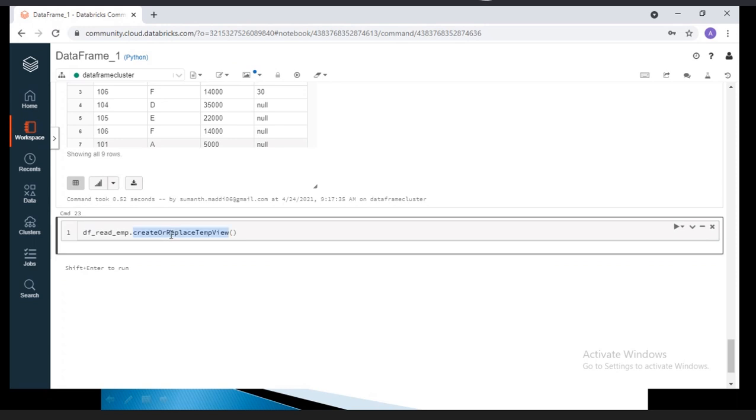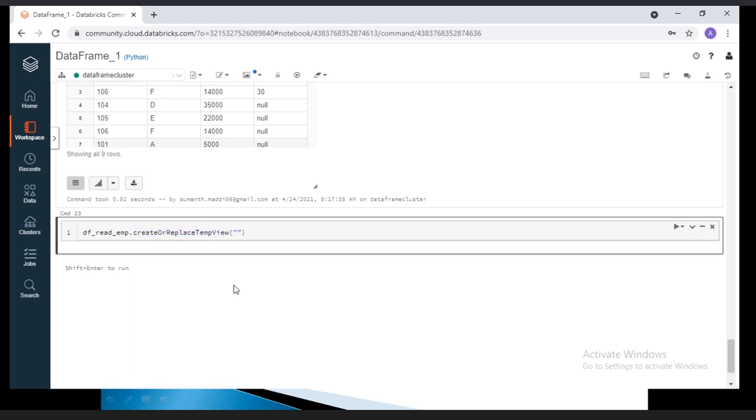This view is available as long as your session is active. If your session is inactive, meaning your cluster shuts down, this view automatically disappears from the cluster memory.